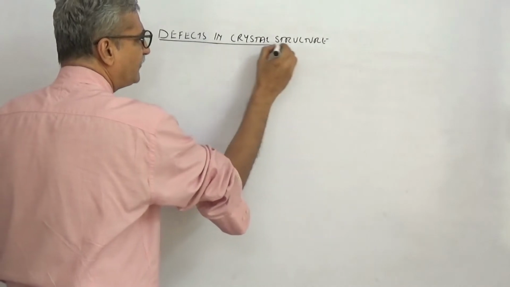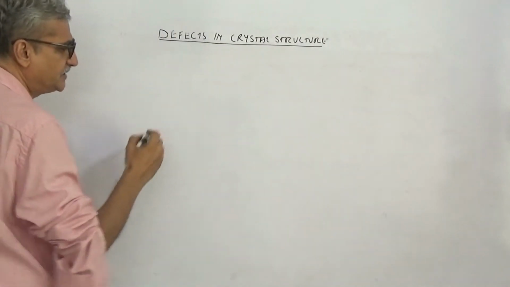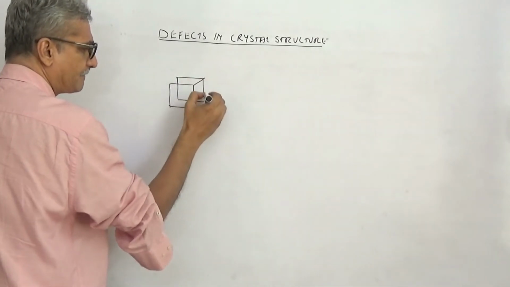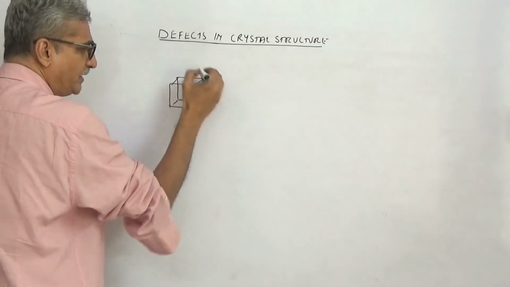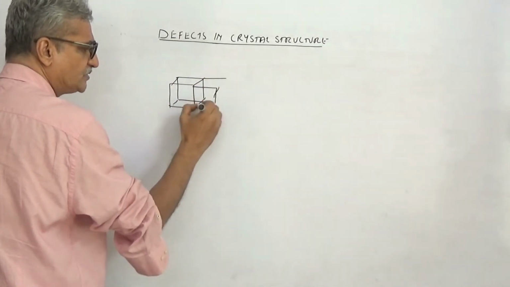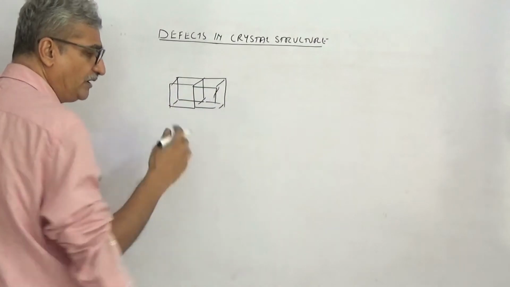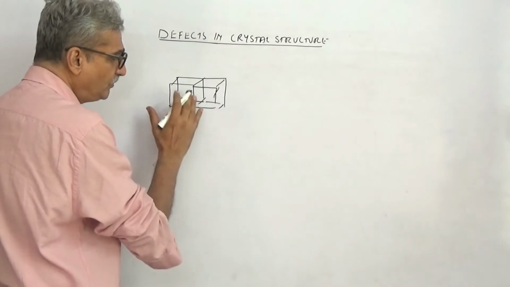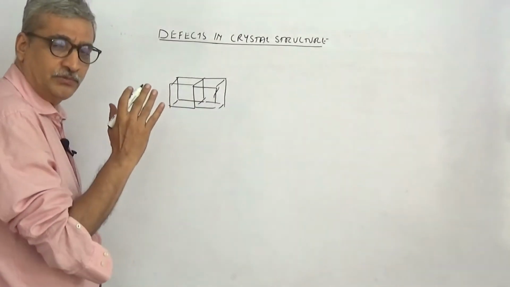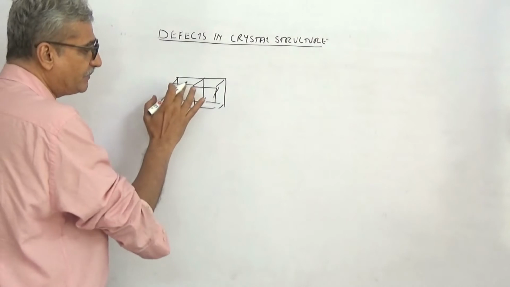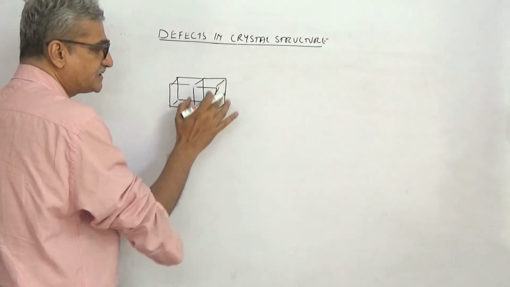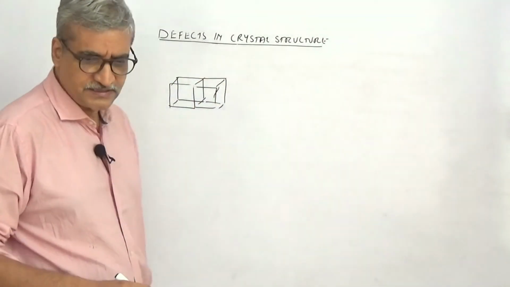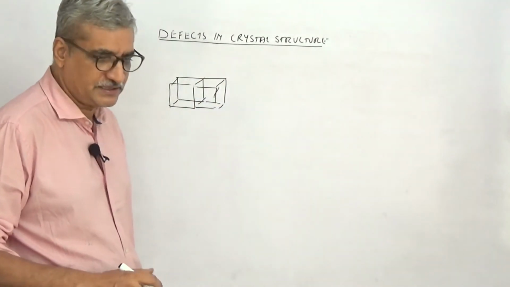So when you are talking of defects in crystal structure, what happens is, see, suppose you have a cubic structure. Okay, I'll give you an example. Now when you are pouring, one more cube will join this. How are you pouring? You are melting and then you are pouring. So what happens during this? If you don't pour this properly, you don't pour it slowly, then some slippage of the atoms, ions can take place. So when the slippage takes place, this is called defects in crystal lattice.